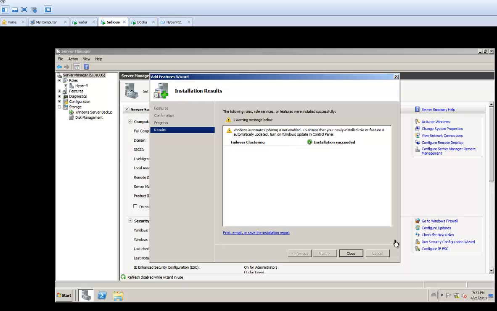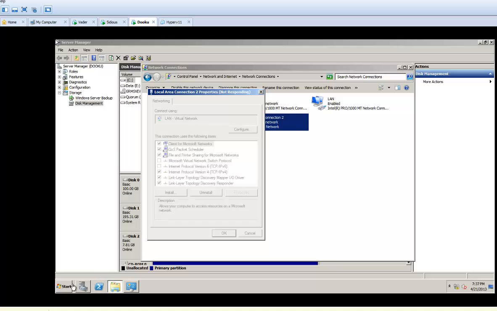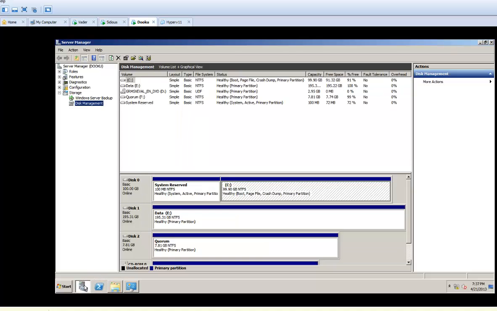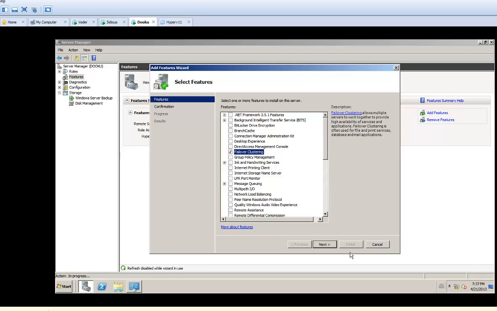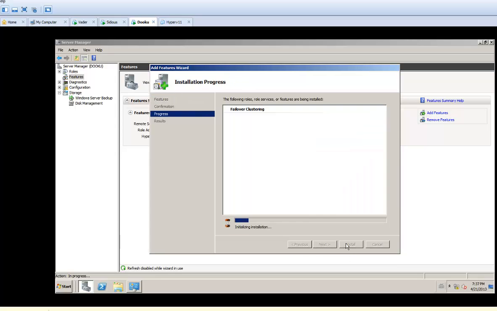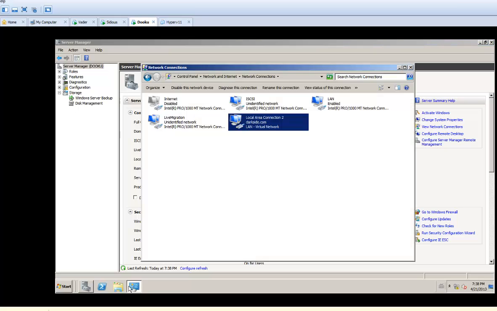We can do the installing in the meantime. Failover clustering. Okay, and then